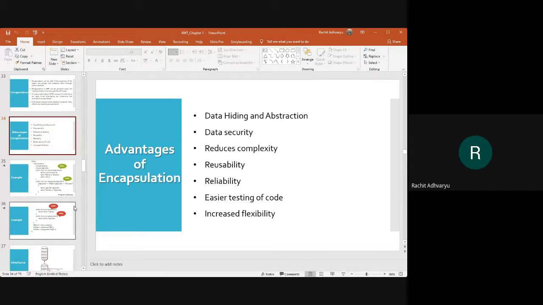Let me know what you mean by inheritance? At least you can answer that for me. What do you mean by inheritance? Yes, one class obtaining the data from another class or more than one class, or we'll say the properties of one class being used by some other class. That is inheritance. So what are the types of inheritance that can be implemented in OOP PHP?